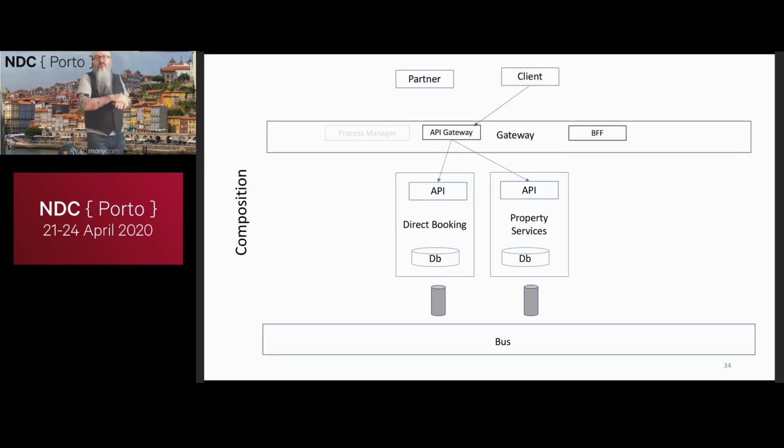So what we do is have some kind of gateway API that essentially says, I provide the API for hotel group search. You call me, I've got my own REST API I've written, and I will internally then make the calls to direct booking and property services, and I will then manage the data together to show the customer, by whatever criteria they put in, what hotels are available right now in Porto, given they said they don't want budget, they only want luxury and boutique hotels.